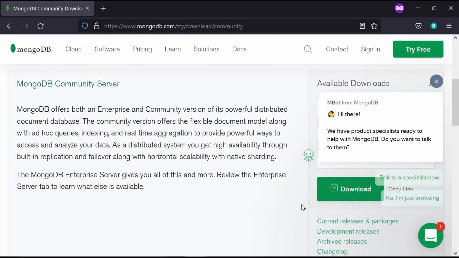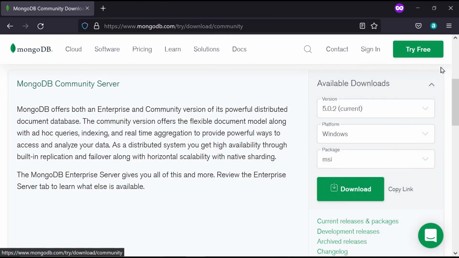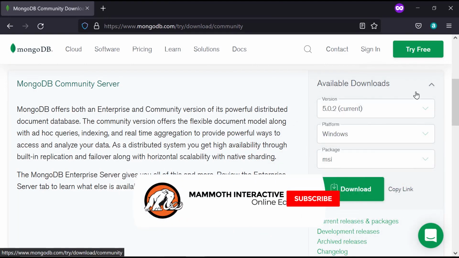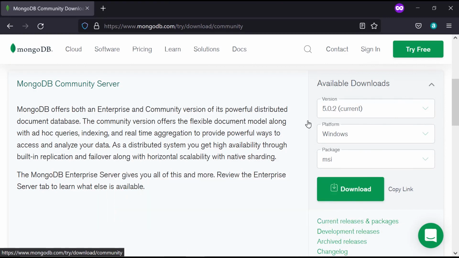Hello everyone, and welcome back to our course. In this lecture, you are going to learn how to install MongoDB on Windows. It's completely free and you don't even need an account if you're using the community server. So join me at